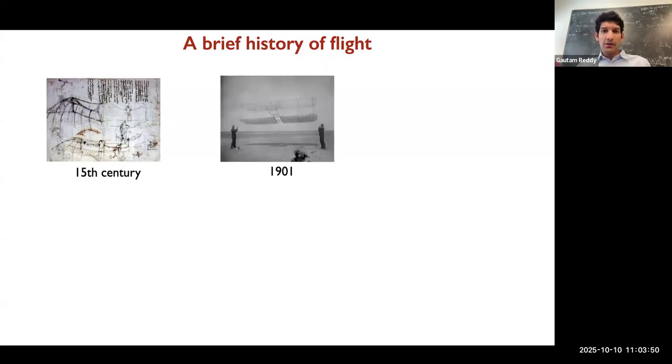Now, if you actually look at what were the first flying machines, they kind of look like birds. They do have wings and all, but the way they work is actually a little bit different. So they have fixed wing aircraft. There's a picture of the Wright brothers flying their first plane. The interesting aspect of this, which I want to highlight, is that when the Wright brothers came up with their design,